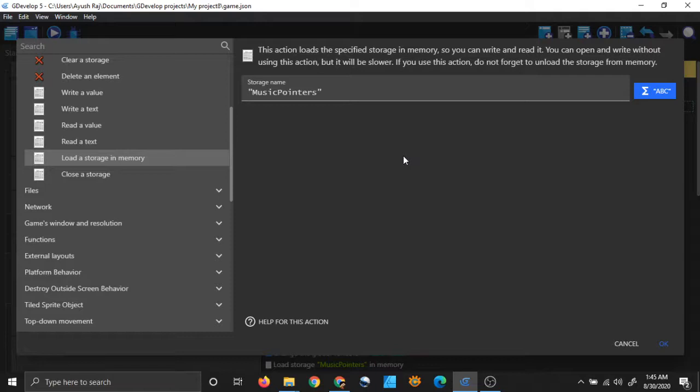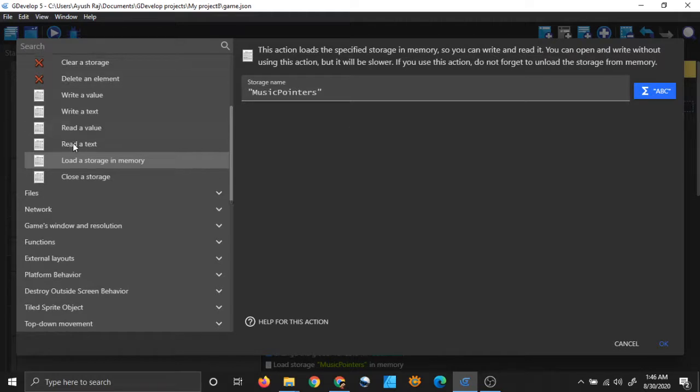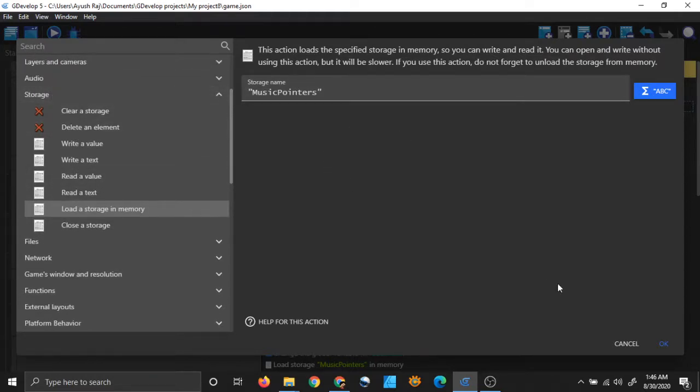That is where your music stopped. You want to store those pointers so that next time you can load them, and then your music will play from that point. And store it in such a way that it stays in the memory even after the computer is switched off, or even if you close your game. So we will store it in the user's hard disk. That's why we are using this function, storage.